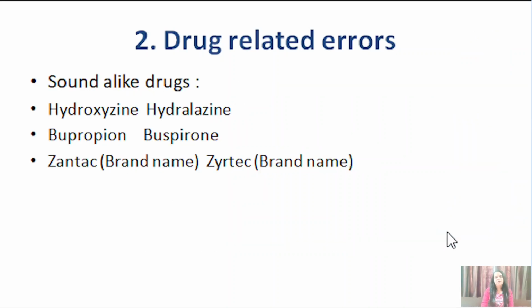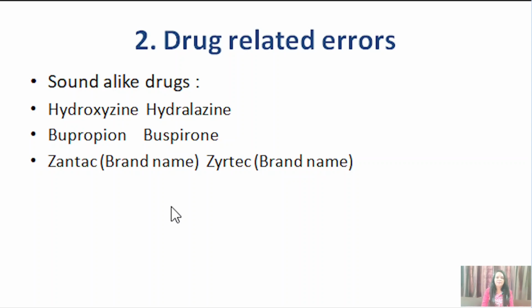Now coming to the sound-alike drugs. There are several drugs which sound similar when you speak them. For example, hydroxyzine and hydralazine, bupropion and buspirone, Zantac which is a brand name, and Zyrtec which is also a brand name. So when you are writing this type of drug, you have to write in very clear and